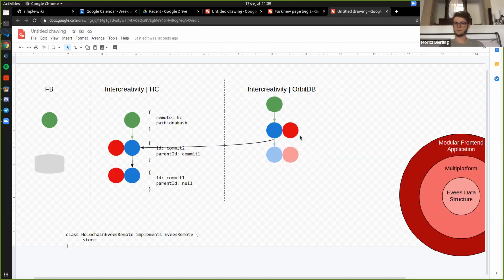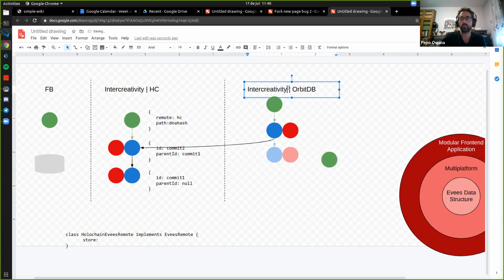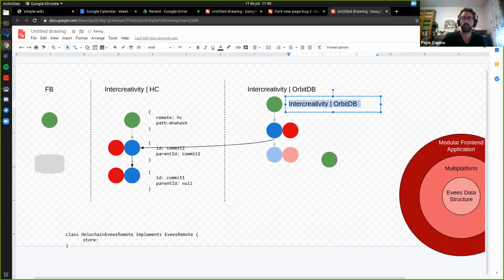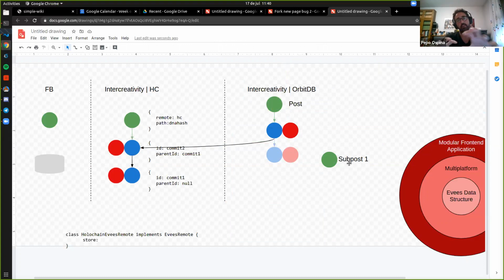Right. This, in our case, means that this user optionally decided to create new Evees, we'll call them self-post. He created new Evees so that the whole content of the extended version of the post was made of different elements.